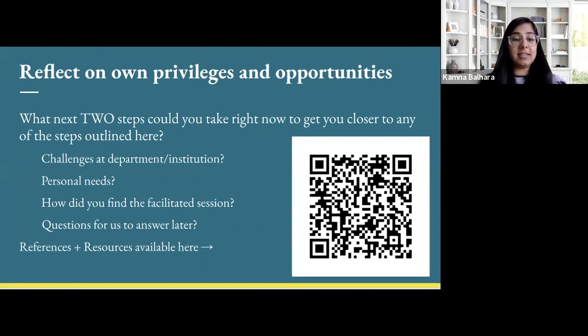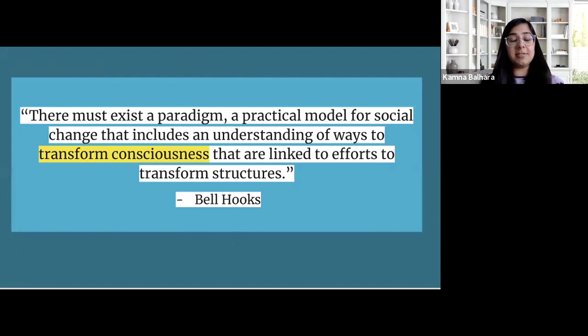And we'd like to close by saying that as educators, we have the power to transform consciousness. Transforming structures is, of course, incredibly important to transforming a healthcare system that is broken, to transforming a process of education that has its flaws. But we also need to transform consciousness. And I think it's a privilege that we get to train people who are going to be leaders in this field and set this culture for generations to come.